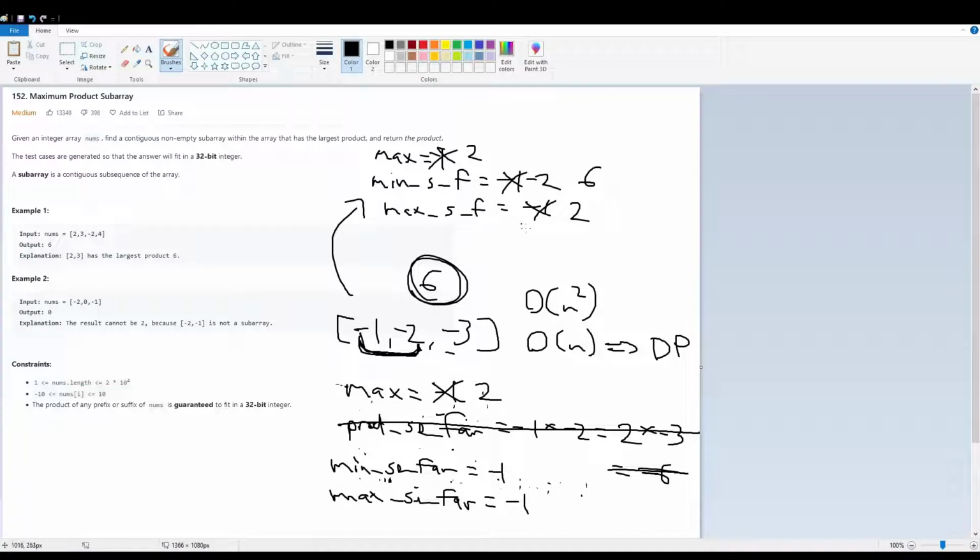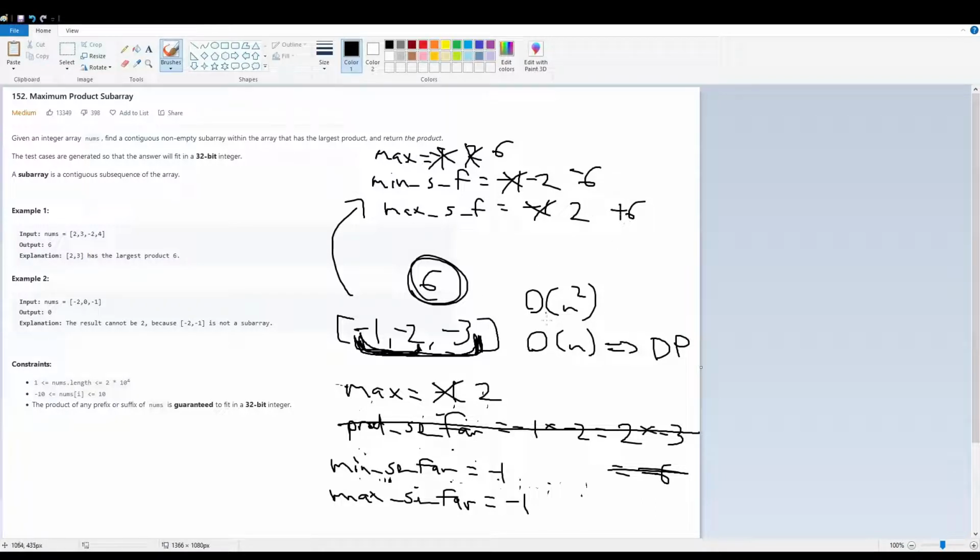And max so far would be now within, so we're looking at this range here, would now be minus 6. Okay, and now this max here would be updated to 6. Min so far would now be updated to, so we're looking at this range here, would now be minus 6, and max so far would now be